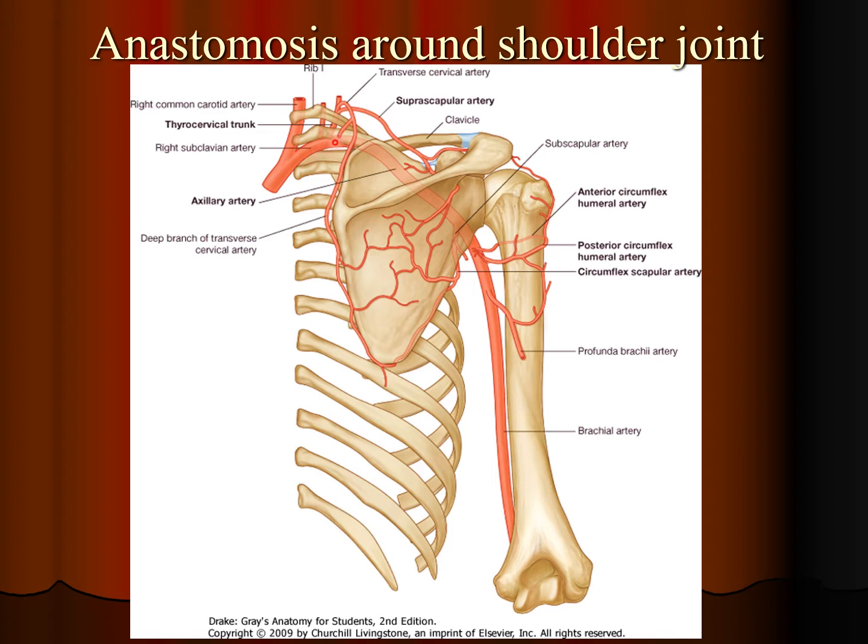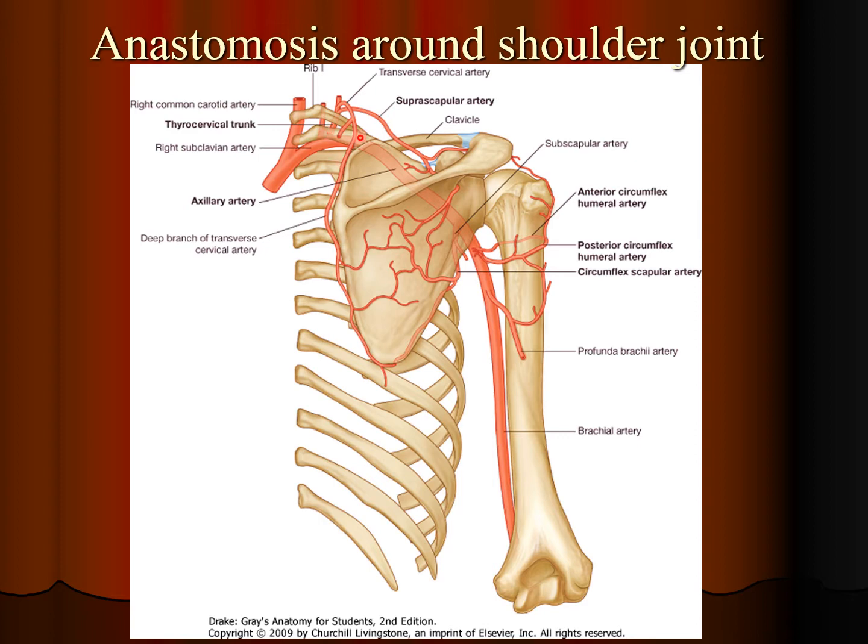Here we can see our axillary artery and the subclavian artery. The branches of the subclavian artery anastomose with our anterior and posterior circumflex humeral arteries, as you can see here. Also there are some branches known as acromial branches, which mainly supply the acromion process. These branches further divide into acromial branches and give supply to the acromion process.